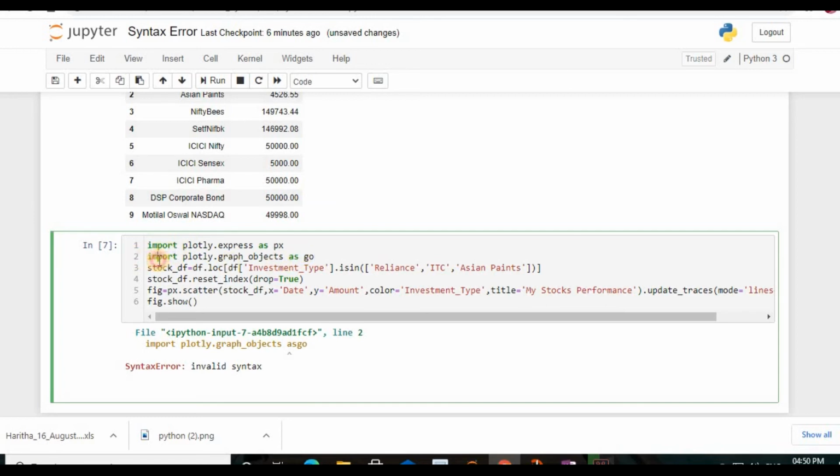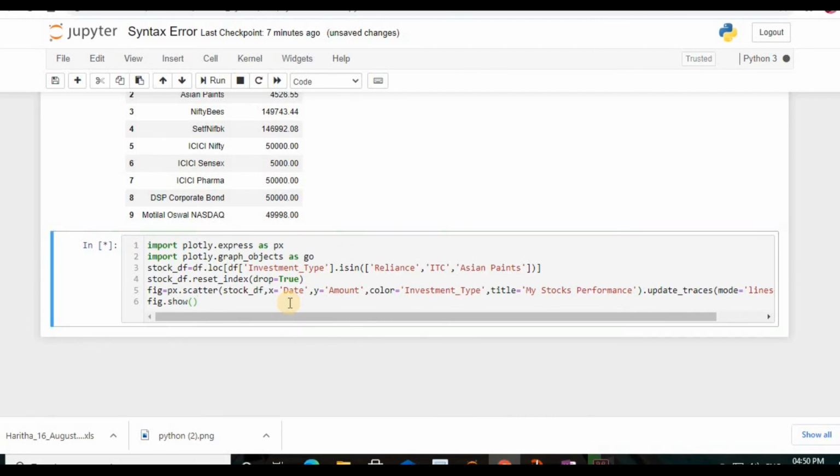See here, if you observe import here and as here, and True here, all those are coming in green color. That means those keywords are already defined and have predefined functions in Python. Red color is our own values, which we gave in double quotes or single quotes, so there is no problem in that. I used single quotes here. Now my error is cleared, so I'll execute it.